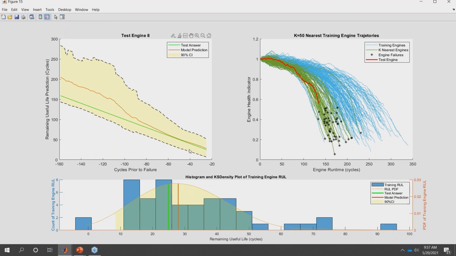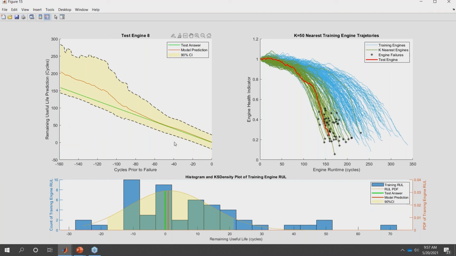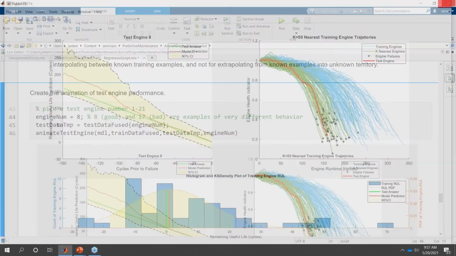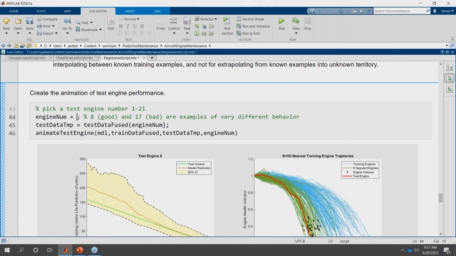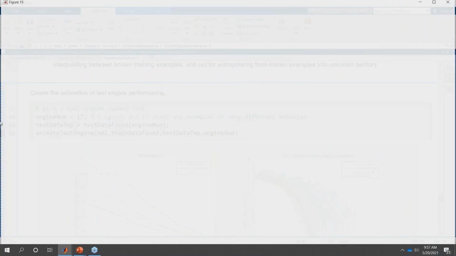This is near exact. And like I mentioned before, this whole region up here where we weren't very sure, we probably wouldn't be running this model in the first place. We would be relying on our condition monitoring system to tell us when we start to move into degradation, which would probably happen around here-ish, maybe, where our answer has converged a lot closer to reality. So this is a situation where it's worked well. Let's run this again, but this time with an engine that has a bit different behavior.